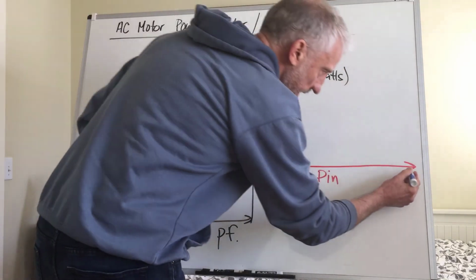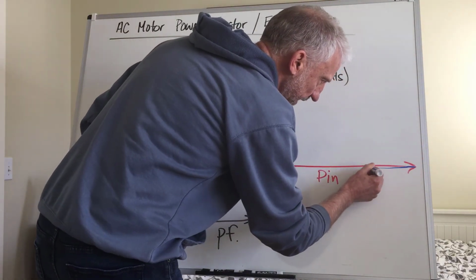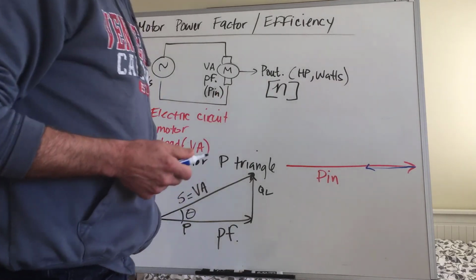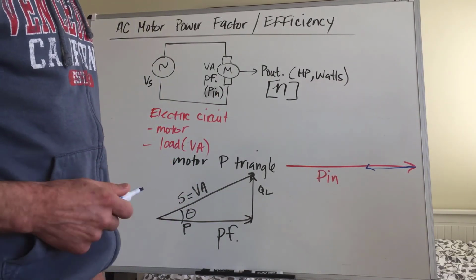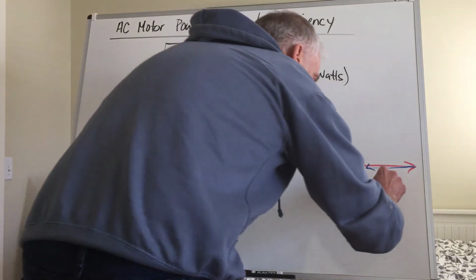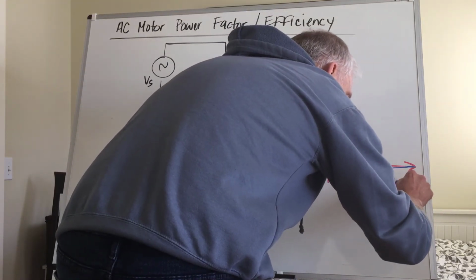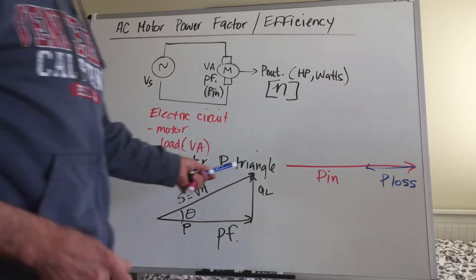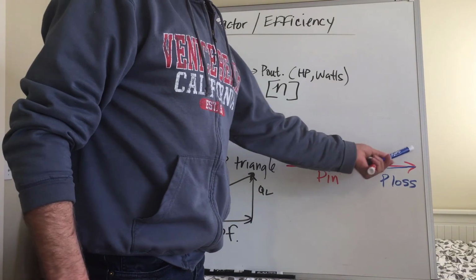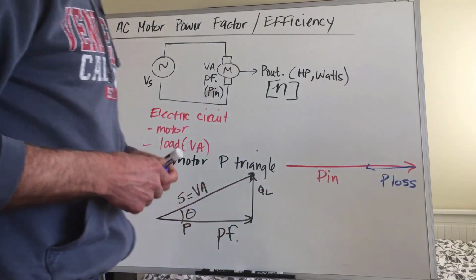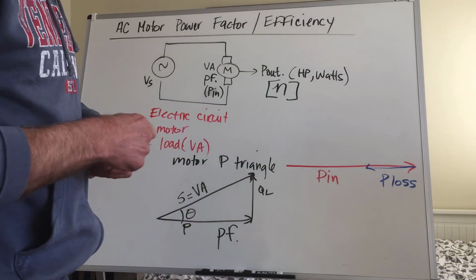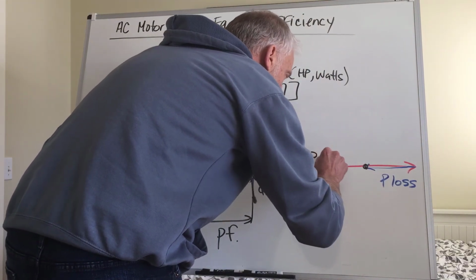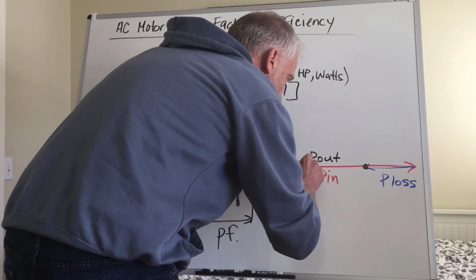That's going to be the result of a value of P losses added to the P in. So P losses are going to be, of course, a negative value. They're going to be a loss. So here's where we're going to put P loss in here as a real value. So now you've got a P in value in watts added on to a P loss value as a negative value. And what's that going to leave you with? That's going to leave you with a P out value here,